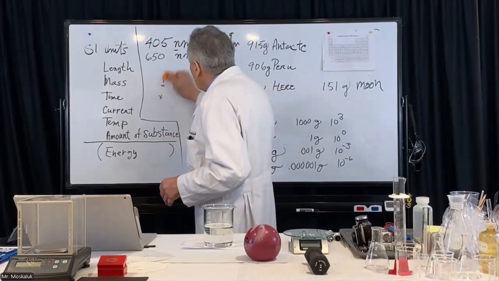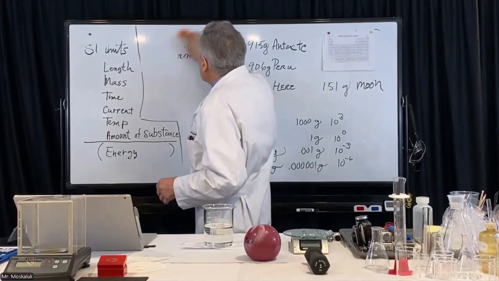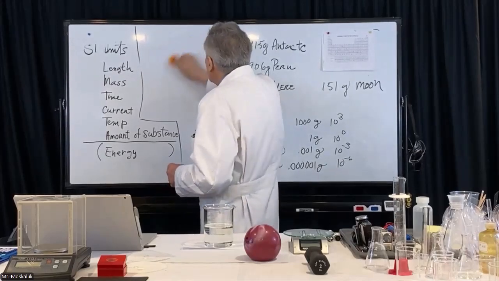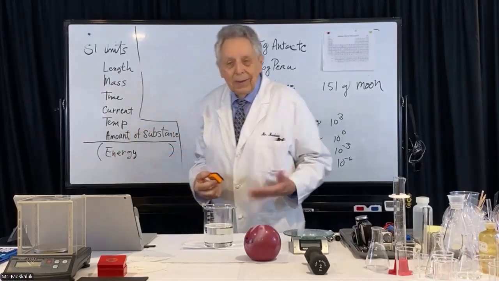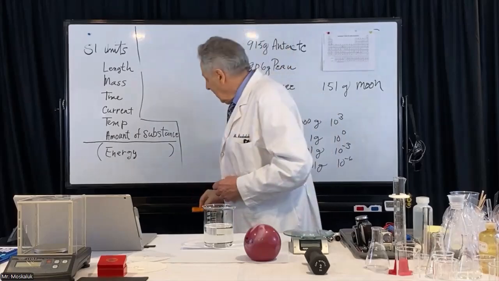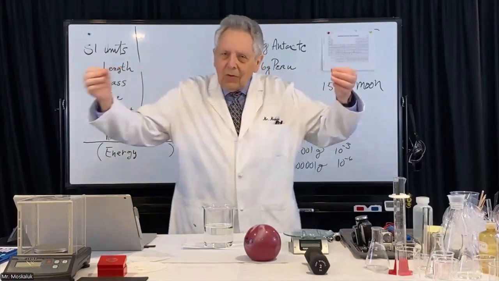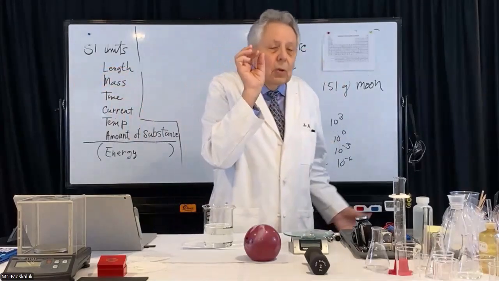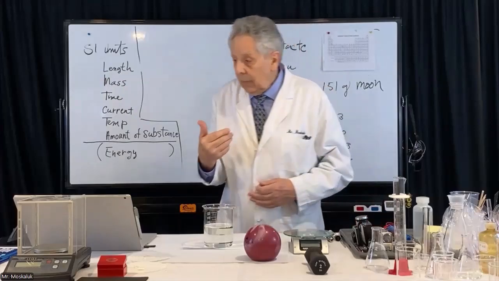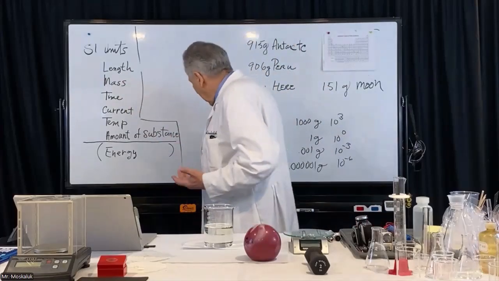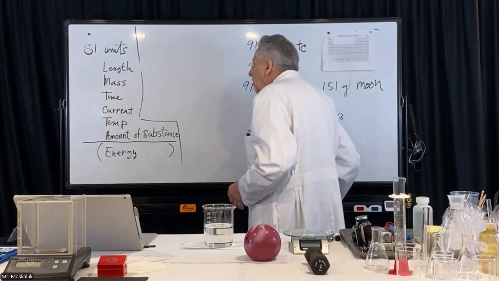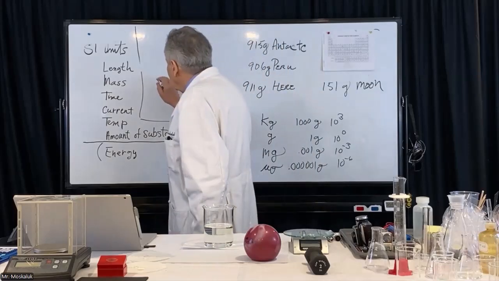So I'm going to erase that. We've covered our first unit and also prefixes at the same time and what it can be applied to. So not only can we measure lengths of things, but in chemistry, we're going to measure the length of light. Now, the next unit here is the mass. And our official unit of mass is the